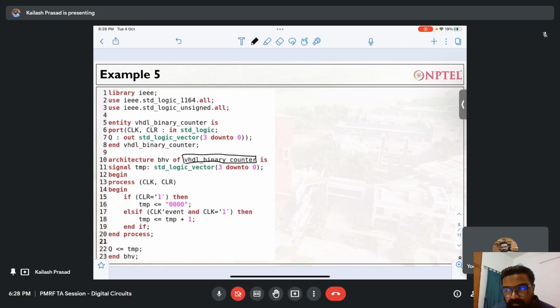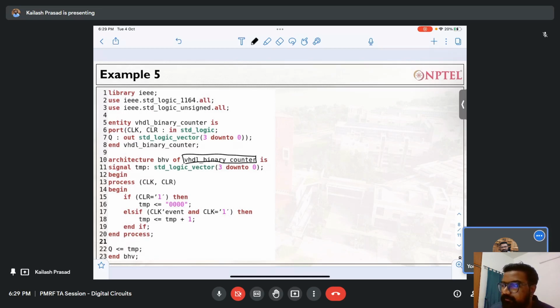When clock is equal to 1, that means it must be a positive edge trigger. Yes, right. So it's a positive trigger. It's not a combinational circuit. It's a sequential circuit which is triggered at positive edge, right? Yes. Can you go through line number 10 to line number 22 and tell me the meaning